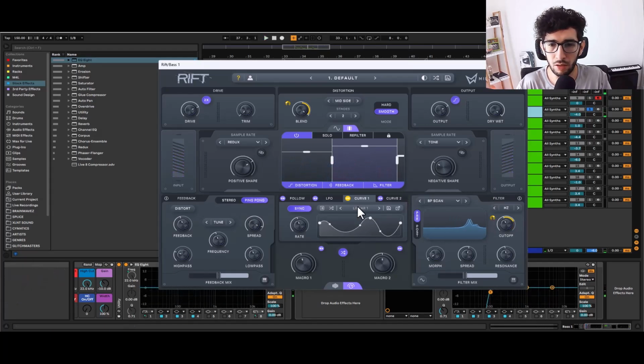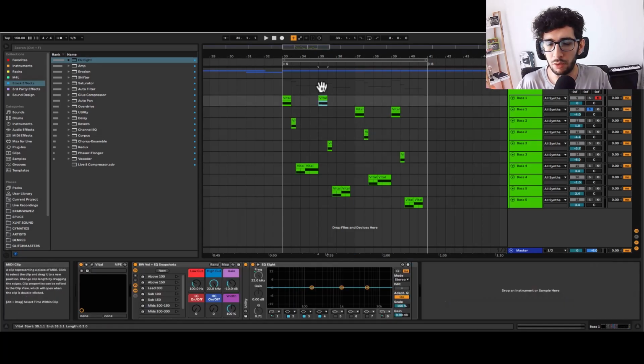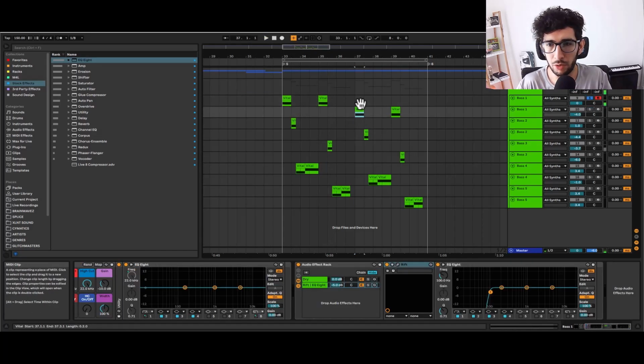So yeah, you can see that just by playing around you can get a ton of cool stuff. You can just hit the random button and you will get a lot of different results. That's something that I've been doing, and I've been pretty surprised at what type of sounds sometimes come up by hitting the random button. And after I did that, I duplicated the same Rift patch, but I created variations of it for every sound. So first sound is sounding like this, then the variation is this one,